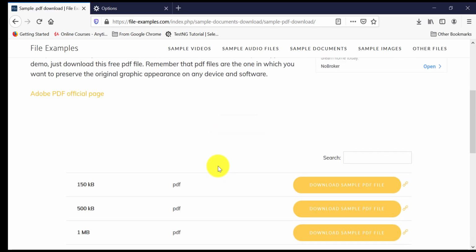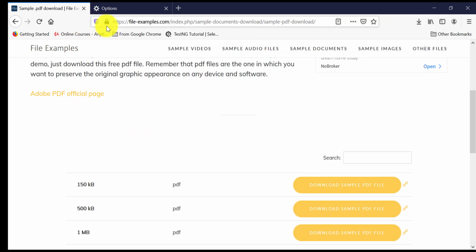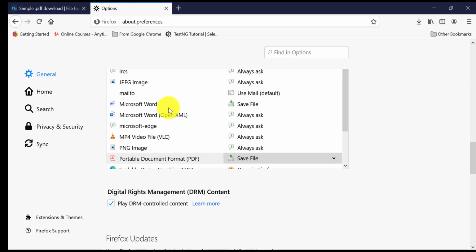For PDF, as we saw in the last session, there is another setting we need to change: it should not open the file in Firefox, it should directly download.